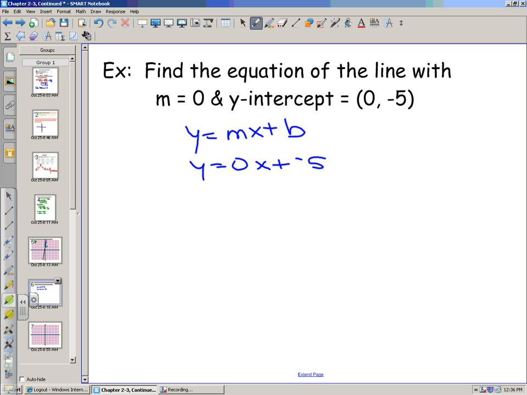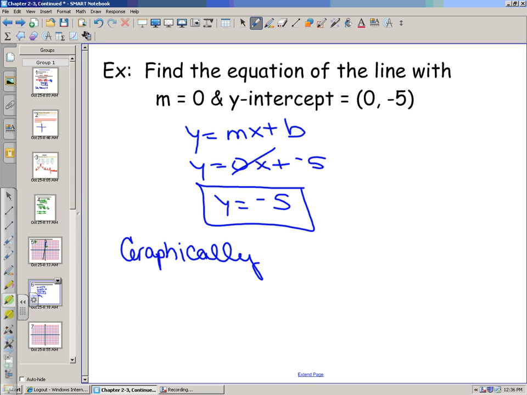Do I need to have the 0x there? I really technically don't have to have it there. So my equation is just going to be y is equal to -5. But how do I graph that if I don't have a slope? Don't I still have a slope? I still have a slope. If I want to graph this now,